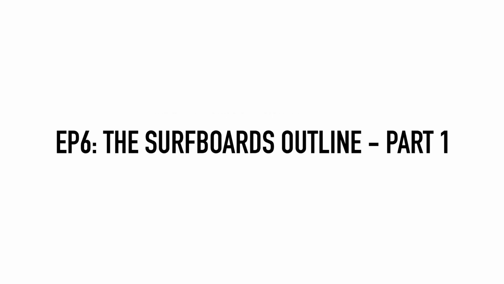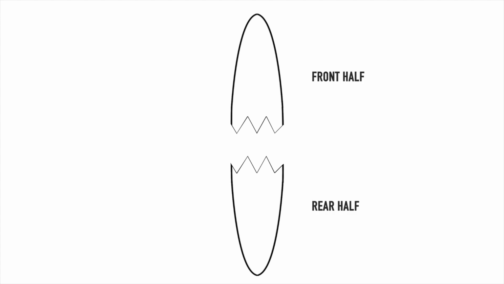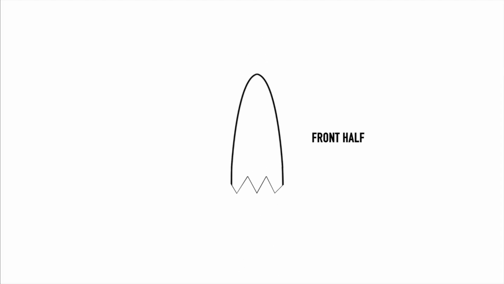The outline has a profound impact on the way a board functions and where its strengths and weaknesses may lie. And when I say outline, I literally mean what would remain on the floor if I took a Sharpie and drew around it. For the purpose of analysis, we're going to split the board in half, and in this episode talk about the front half of the board, while in a future episode we will examine the remainder of the board as they do slightly different jobs at slightly different times.